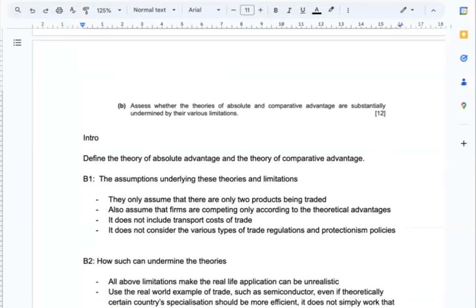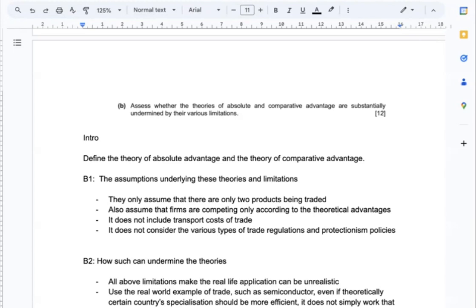So next, I can develop my discussion on how such features of the theories can undermine themselves. First, all of the above limitations make the real-life application of the theories unrealistic. Perhaps I can use a real-world example of trade, such as semiconductors, saying that even if theoretically a country's specialization should be more efficient, in the real world, protectionist measures or huge transport costs or all the other non-theoretical factors can let a certain country